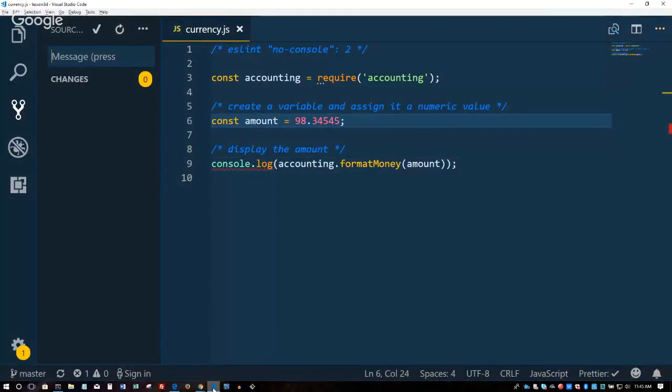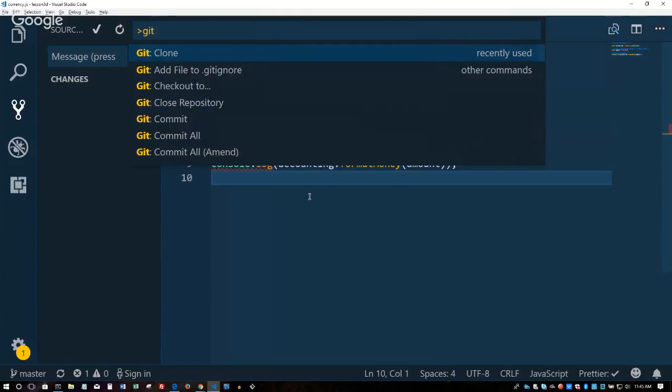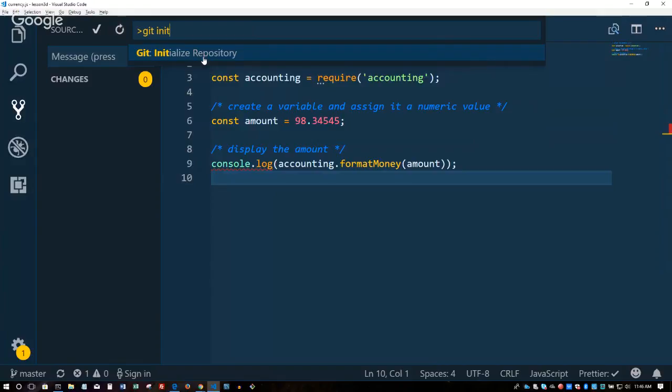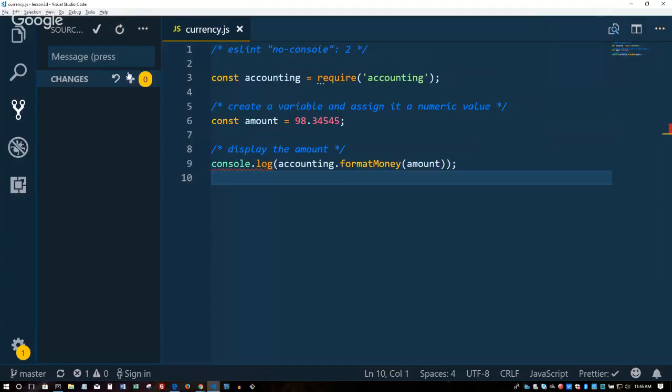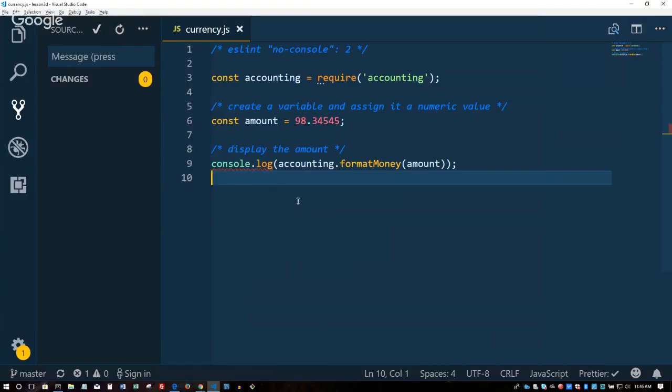Another way to do it is you could say, for example, Control-Shift-P. If you don't want the command line way, you could say Control-Shift-P. You can say anything git will be here, and git unless. So you could select this command. It'll do a git init for you. Then once it's init, then you just do the same thing. You add, you commit. But now this is where my lack of knowledge comes in. I still go back to the command line in order to type in this line. I haven't found a way around that. So I still have to type this line, and then I come back here and push. If anyone knows differently, let me know. Again, that's just an FYI.